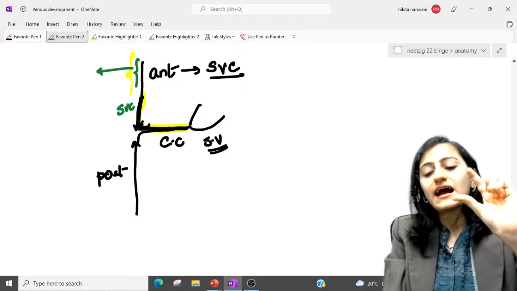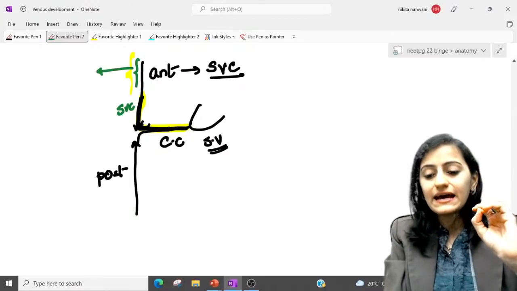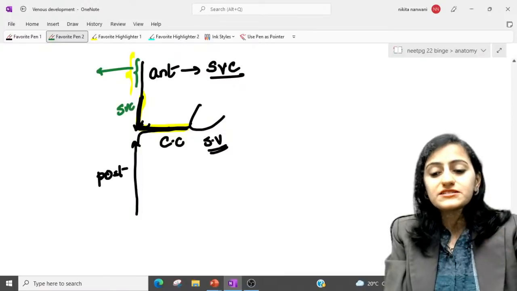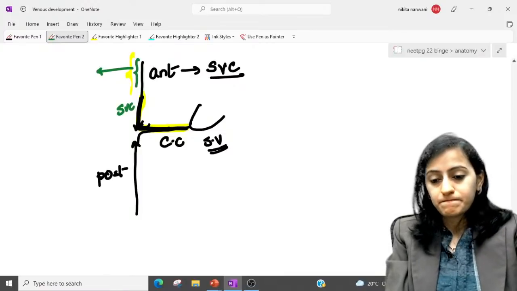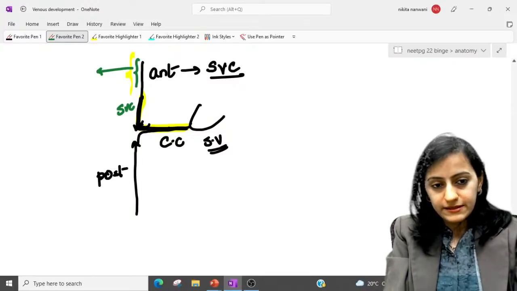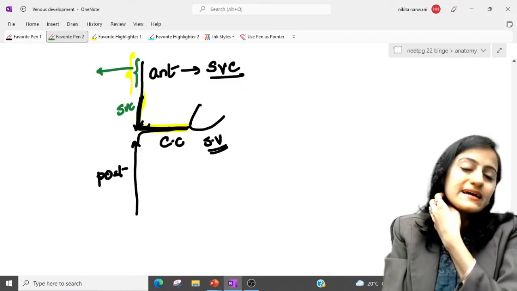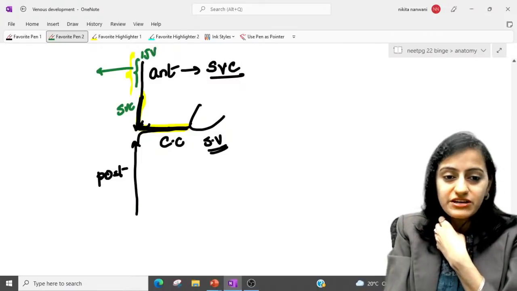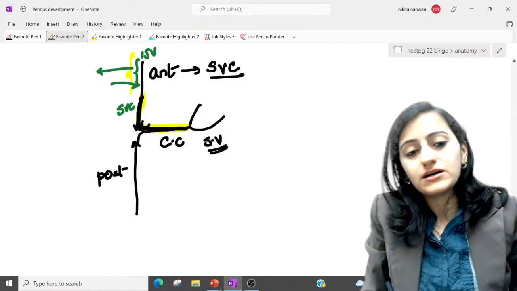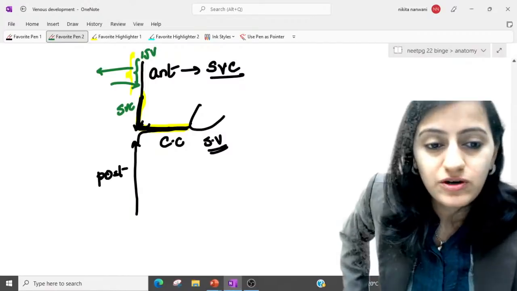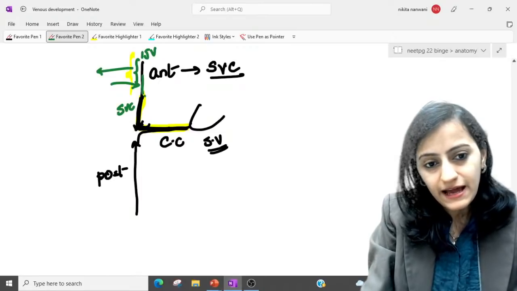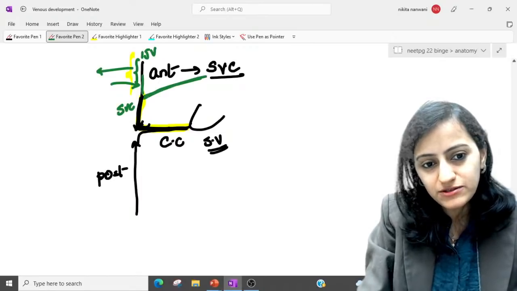What drains into the SVC basically? Coming from the upper side, head and neck, it is the IJV, and then you have your subclavian vein, right? So IJV and brachiocephalic vein is what will be formed here, and you have the left-sided brachiocephalic vein